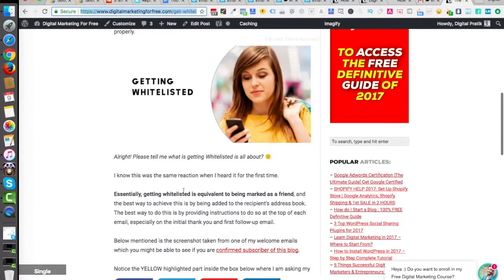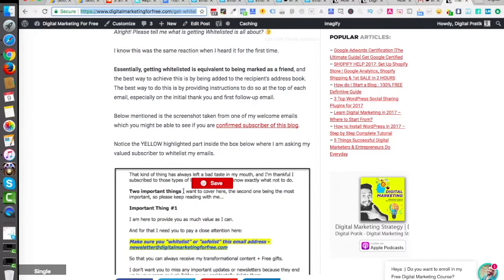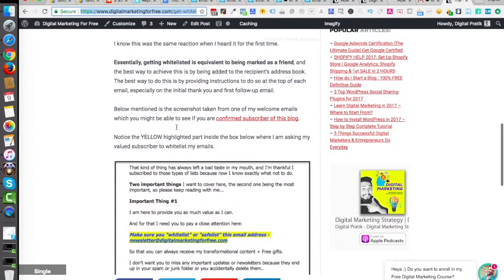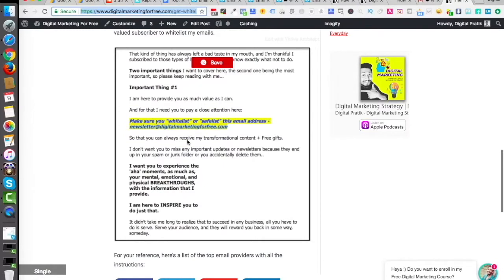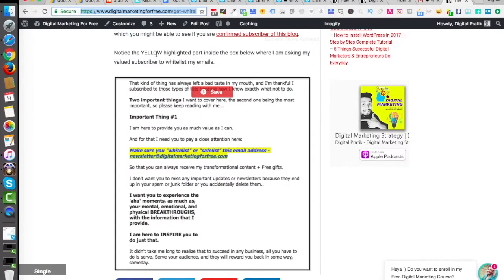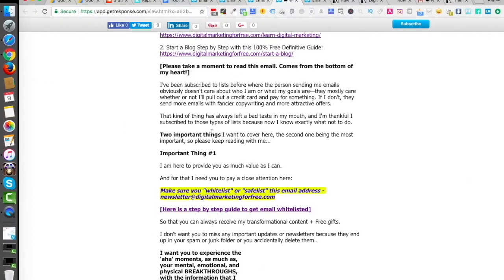So here is a step-by-step procedure. What I have personally done in my emails: let's say you subscribe to my newsletter or subscribe for anything on this blog, you'll receive a welcome email in which I'll have something mentioned intelligently. I'll say make sure you whitelist or safe list this email address, the email address which I use to send newsletters. If they are not even aware of that, I'll actually put in a link, and that is what I'm going to do right now in front of you inside my